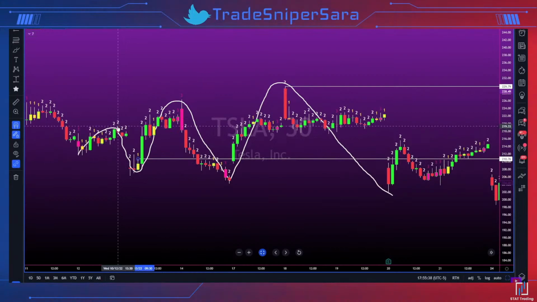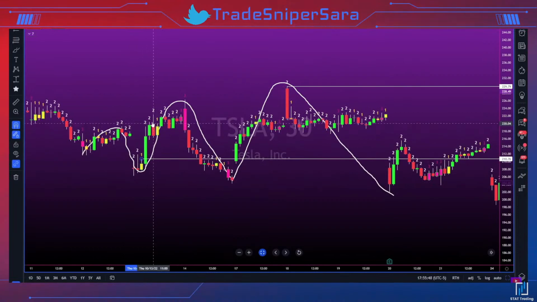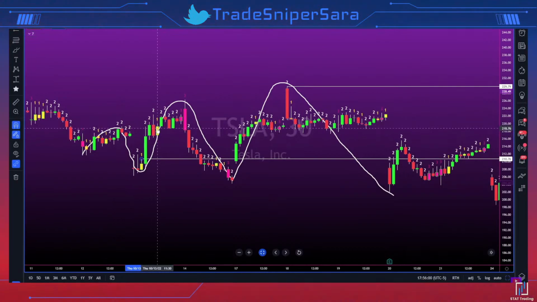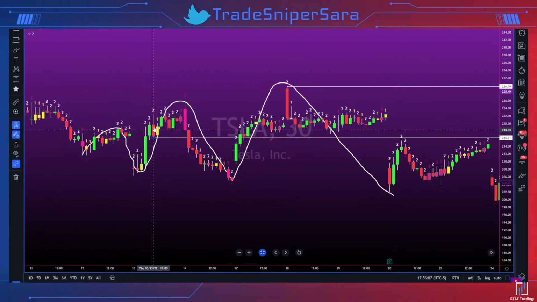Right there. Price made a new high. So that's where you would look to exit because you're exhausted. Now, you made a new high, but did you ever get a reversal back down after making that new high compared to this high? No, you got a 2-1-2 back up. So this gave you no reason to go short after making a new high because we did not get the bearish reversal,